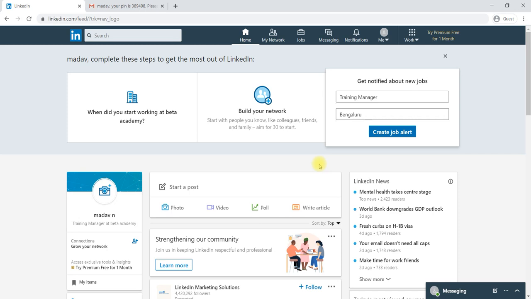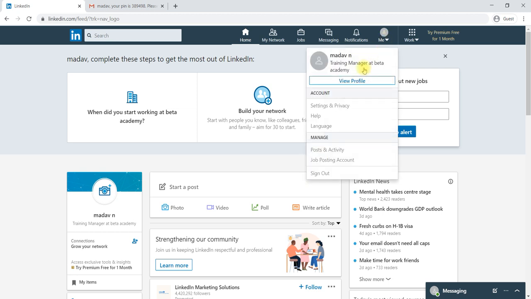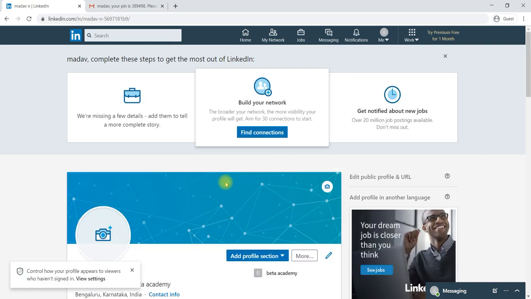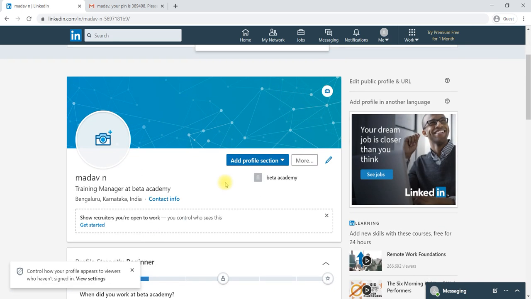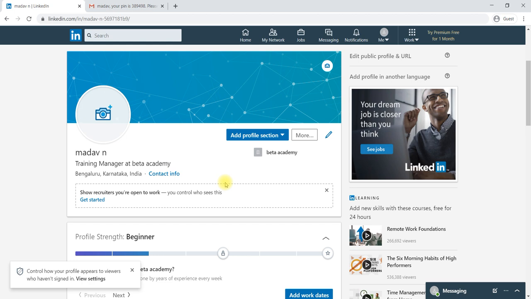Now we will optimize our profile by adding a profile picture, banner and all. How to create that one? We have to go to Me and select View profile. Once you have gone to View profile, here you can change the profile